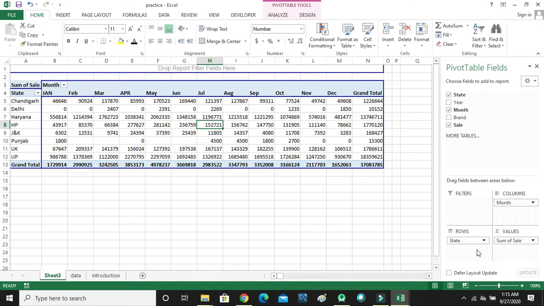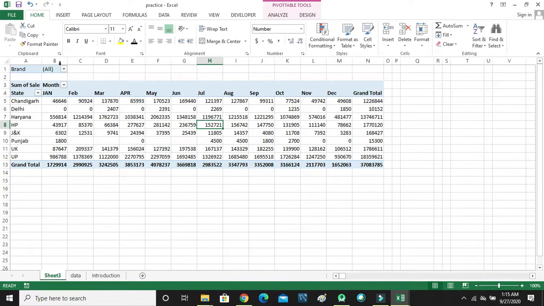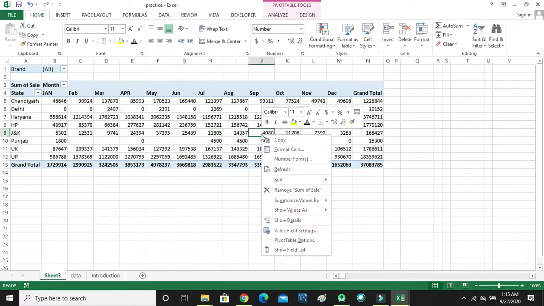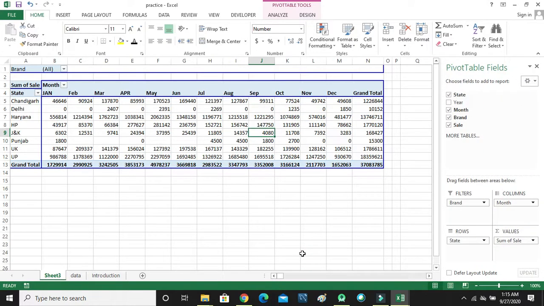If you want to use filters also, let's suppose you want to filter the data. I would like to display a particular brand. We can put the brand field into the filter section.